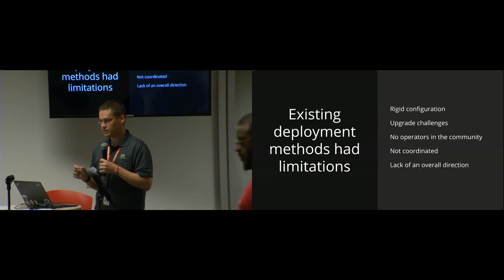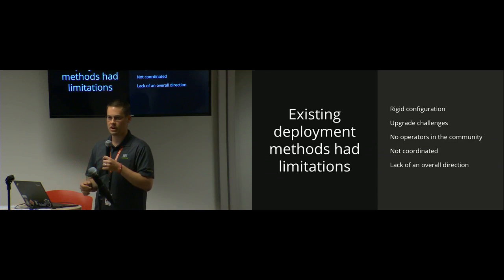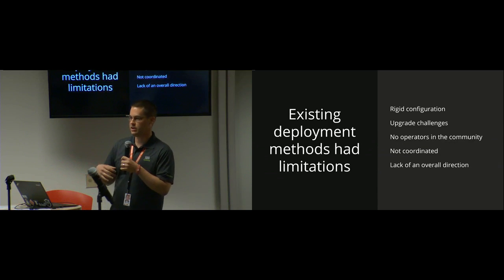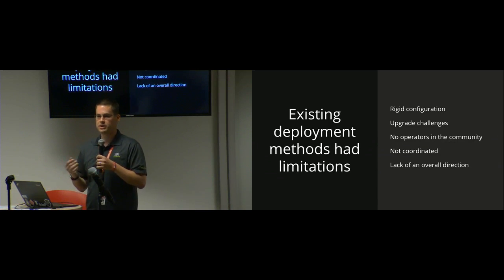But the one in the middle there, the no operators in the community, that's the one that ended up catching me most often. So I'd pick up something I'd see on GitHub, and I'd deploy it, and I'd say, wow, that's great. I need to put that on 2 nodes, and there's no functionality for that. Or I would say, oh, wait a minute, I need to change the way Keystone handles tokens, and I need to go tell Nova about that change. And that was 2 separate things working with two different pieces of software.